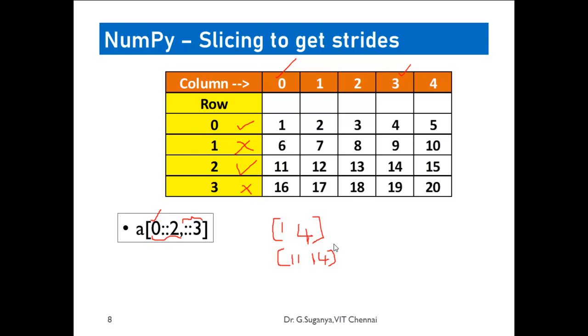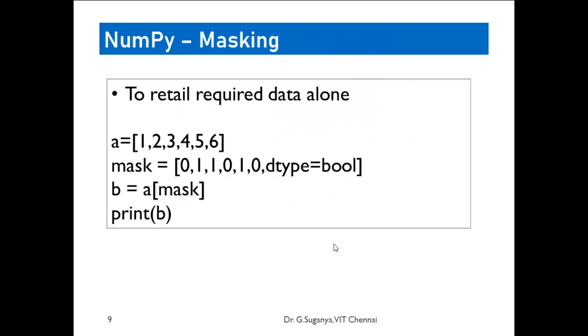So it's possible to retrieve not only the sequential portion but also portions that come after some fixed interval, right? This is a very important function if you are planning to work with image processing algorithms, in the sense that in images, most of the time we need to have a mask to hide some pixels and to open up some other pixels. Okay, it's a very basic example. So how to do that?